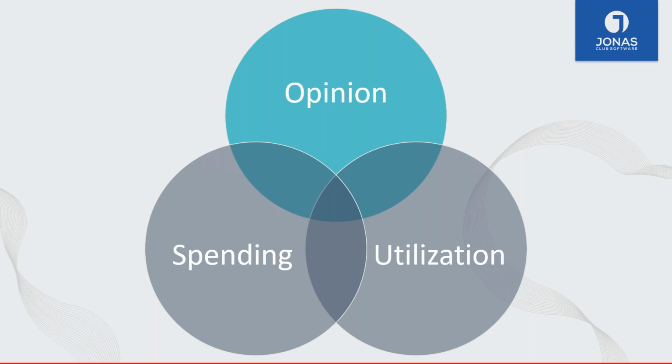And we've talked on last week's webinar about a system called Metrics First, which helps you extrapolate some of that data. But most of that utilization and spending data is in your member file. You can go and look at how your members are using the club, how much they're spending by pulling reports. But today we're going to focus on getting the actual member's opinion to find out if they're a healthy member and whether or not they're probably going to stay a member for the future.